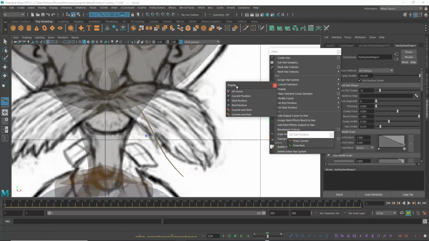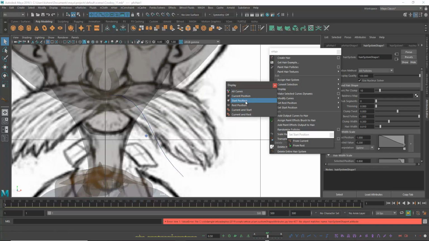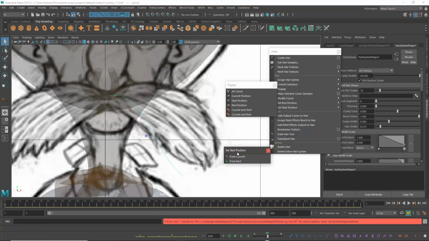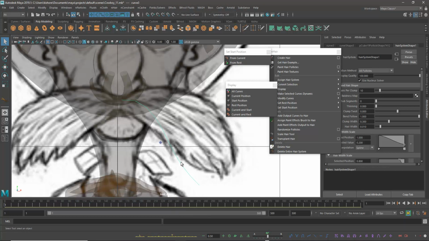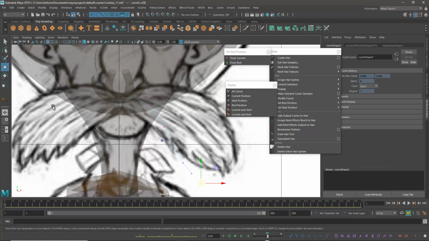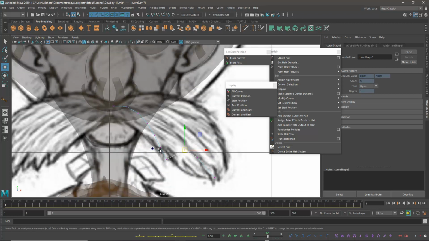For that, I select the hair system, okay. I want the start position, okay. Why this shape? Before it was a straight line, now it is like this, because we have set start position from the current, right. For that, what we are doing, it is just like modeling. Simply you can model just like this, okay.